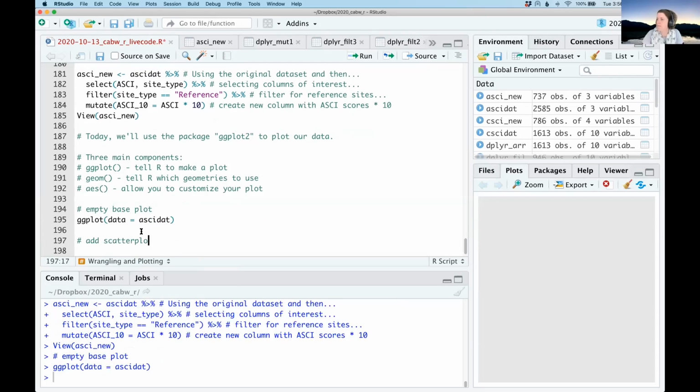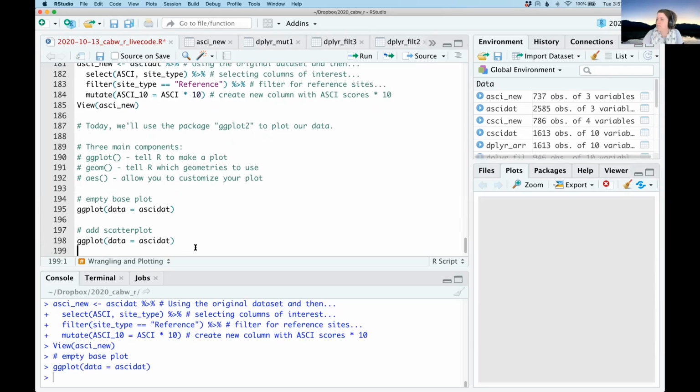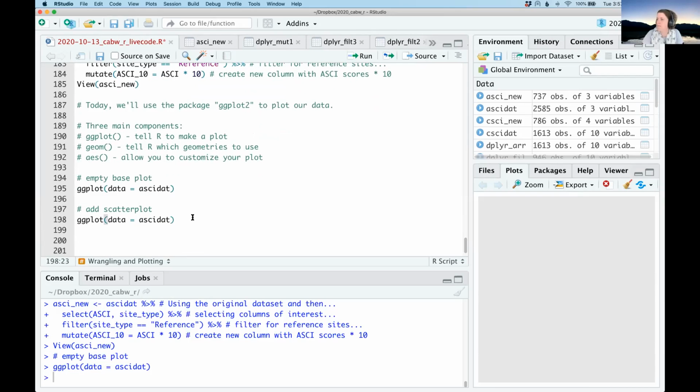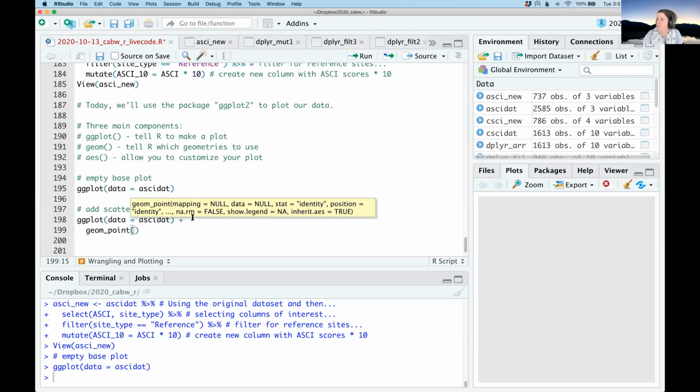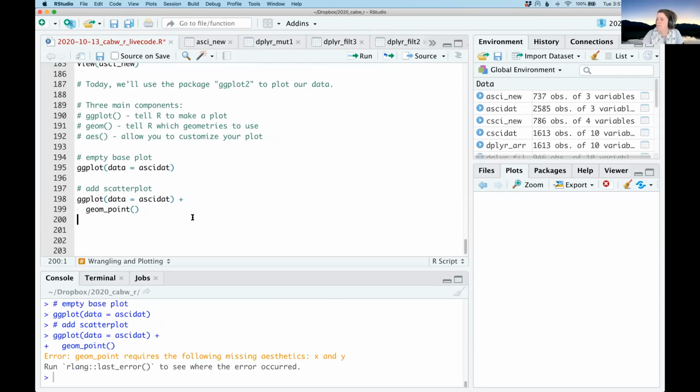So let's say we're going to use a scatter plot today. Here, the data we'll be using is ASCII data. And in ggplot, the way that you add lines together is you simply put a plus sign in between them. So we've specified the data, and then in the next line, we'll specify the geometry. In this case, geom_point is going to create the scatter plot. Now, if you run that, you'll notice that we get the error that says requires the following missing aesthetics. So ggplot can't actually move forward